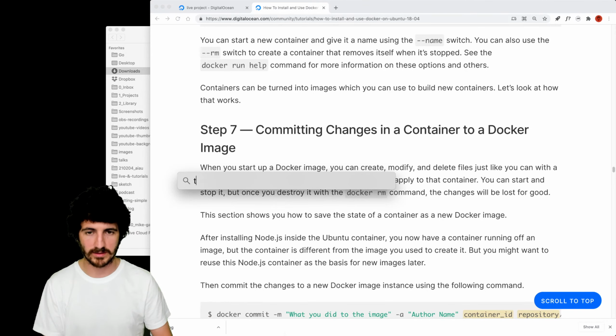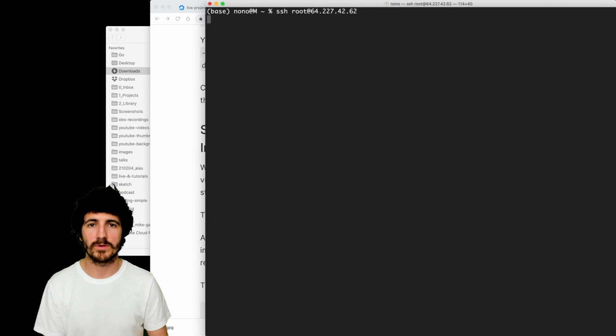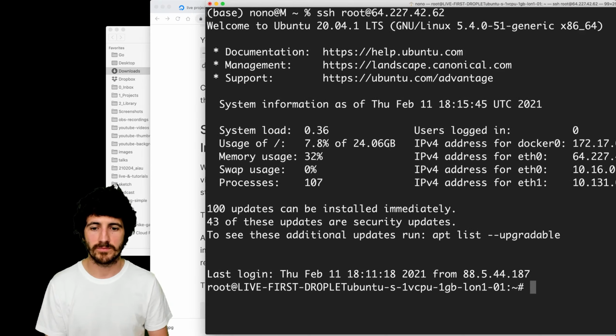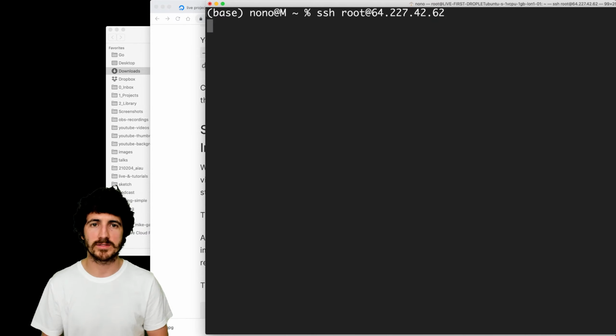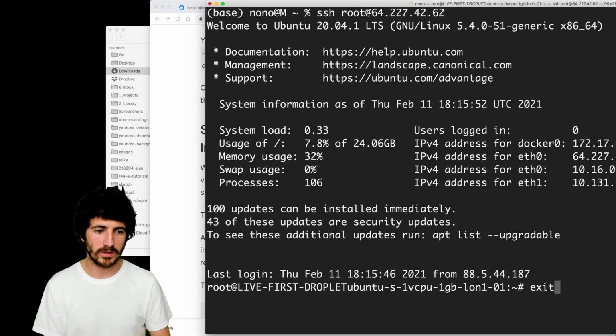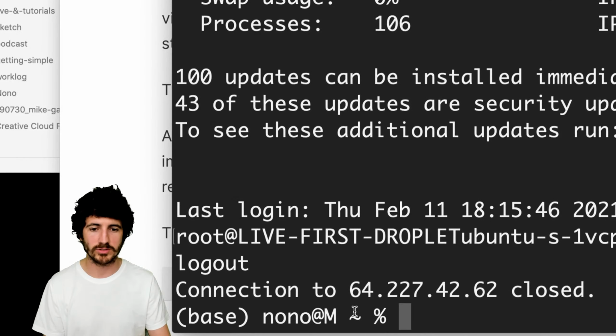You exit, and let's just see that once more. SSH root and then your IP. You enter with SSH root and your machine. Let's do that once again, and you exit with exit. So access with SSH root at the IP, and then we click on exit, and then we run that command, and then the connection is closed.